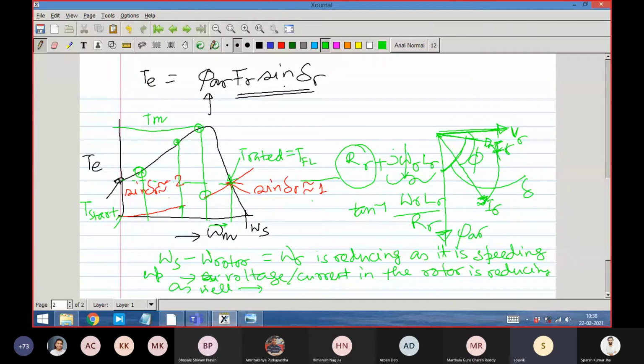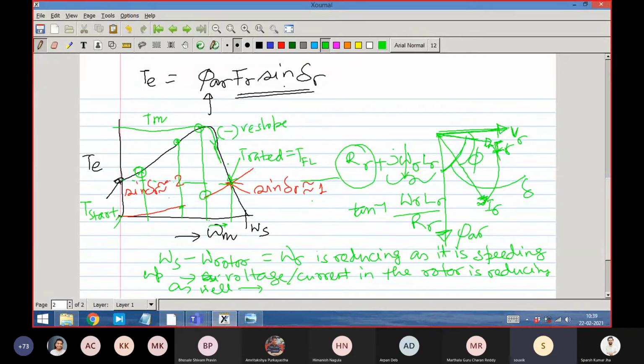But the good region is now coming here. Speed is increasing, but the torque is reducing. That negative slope region is giving us hope that it will reach steady state. Otherwise, you see, speed would have continuously increased. Until that good region is there, the machine doesn't stop. So it has a good region where the slope is negative. Slope negative means speed increasing, torque reducing, electromagnetic torque.